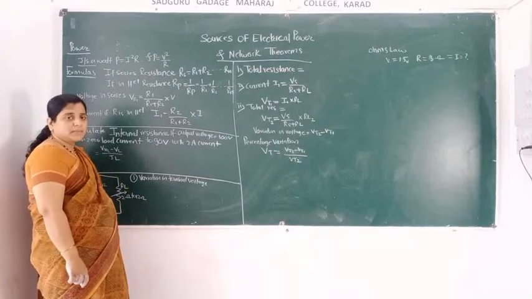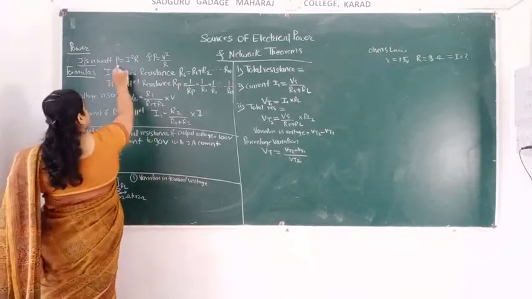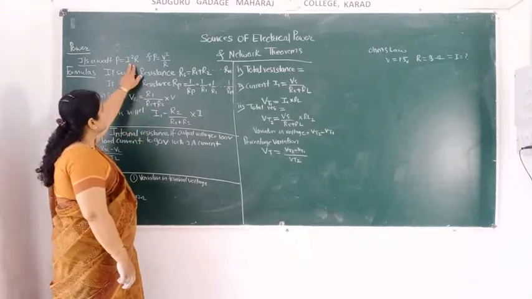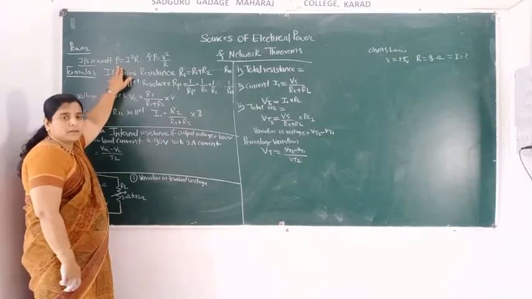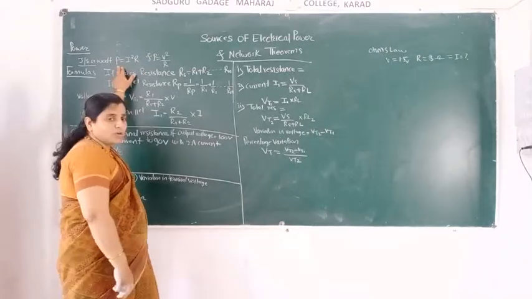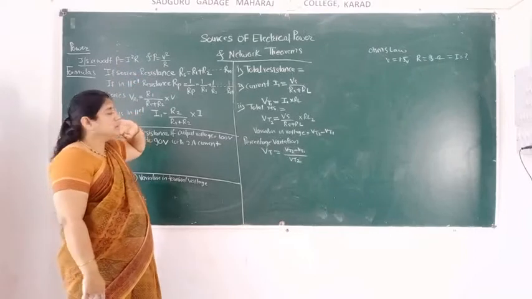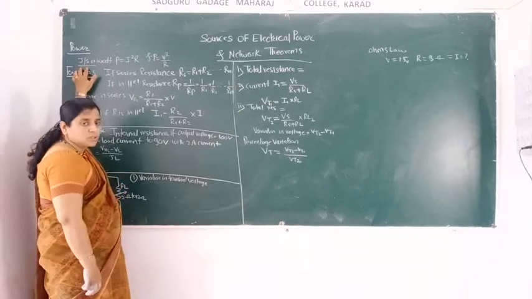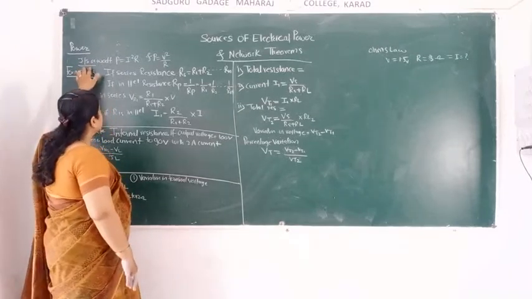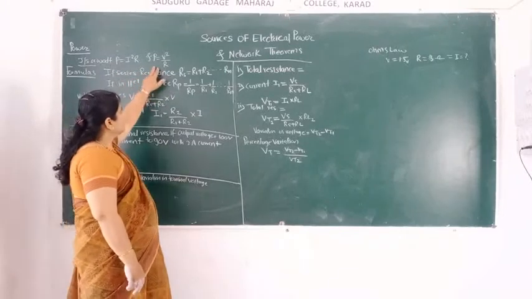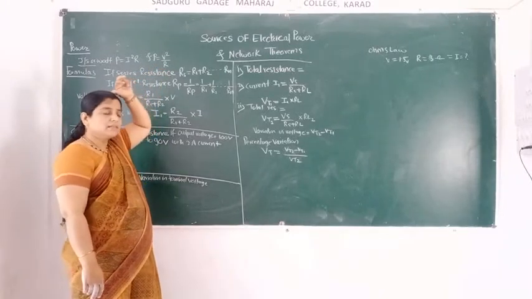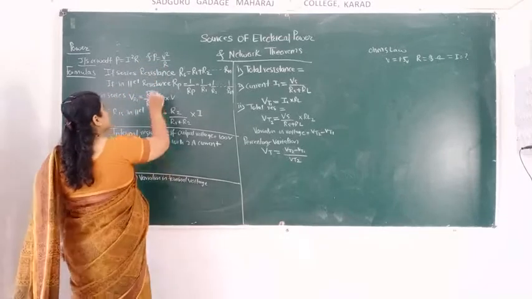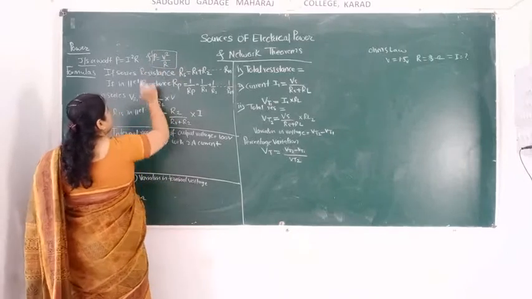So power is P is equal to I square R, which means the square of the current times the resistance is called the power. The rate of change of work is called the power. Power is measured in watt, or joule per second. If power is asked in an example, you have to write this formula. If voltage and resistance are given, you can use this formula for calculating the power.